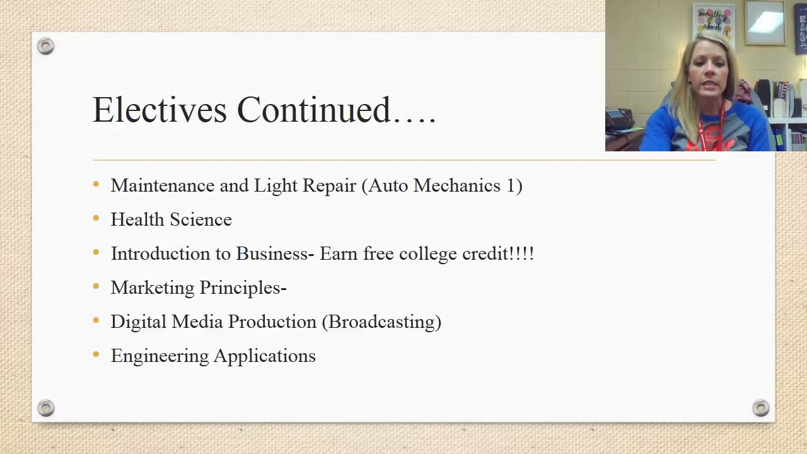Introduction to business. Doesn't sound very fancy or very fun, but I will tell you that if you take intro to business, you will actually earn a free credit through Cleveland State for their intro to business class if you make an 80 or higher on your test, which I think is really awesome. Again, it's a free college credit. So if you take intro to business and you take your AP human geography, you can earn 2 college credits